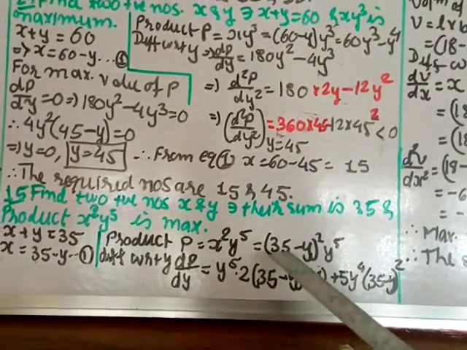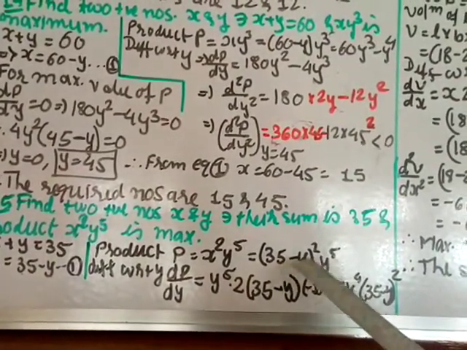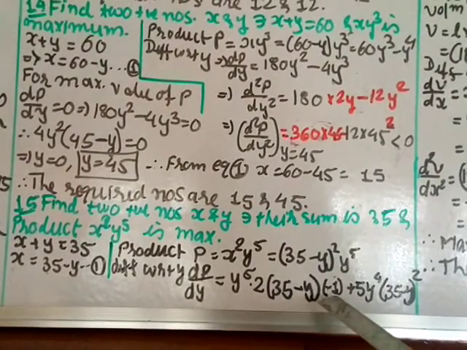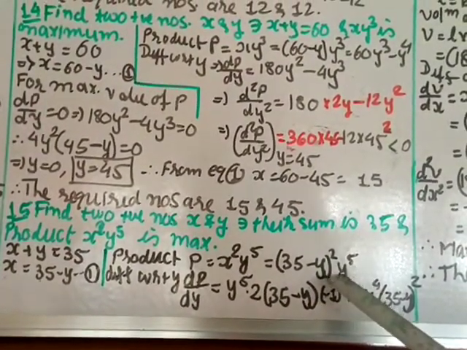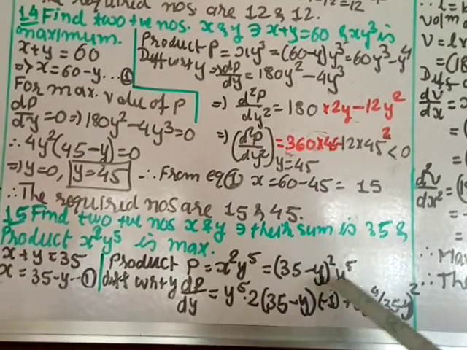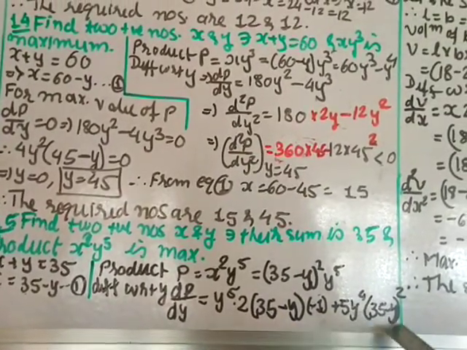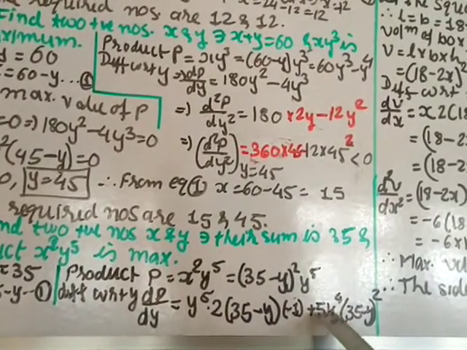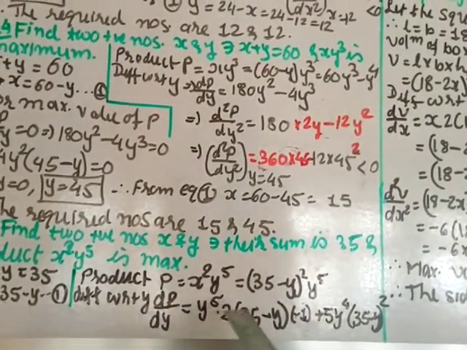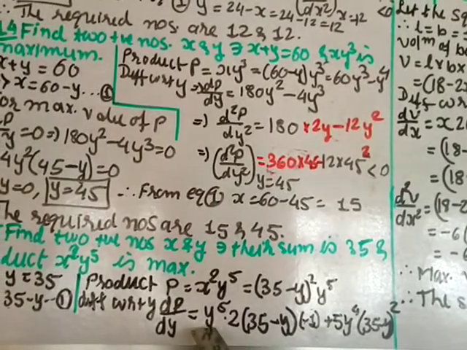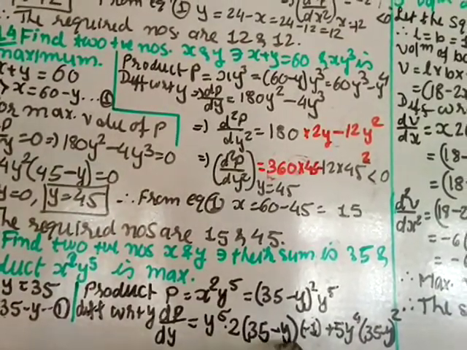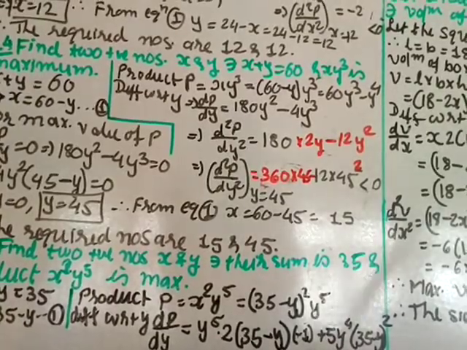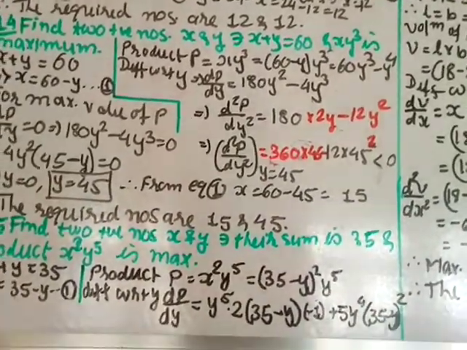Okay, and I differentiate this. I'll differentiate first the square, that is 2 into (35 minus y), then again minus y you have to differentiate, that is minus 1, plus now y power 5 is 5 y power 4, and this I am keeping as it is. Now from these two I am going to take (35 minus y) common, and y power 4 also common. If I take this much, here remains y minus 2 and here remains 5 into (35 minus y), because square is there, so one I am taking, so that remains.